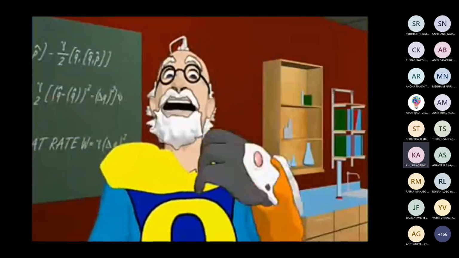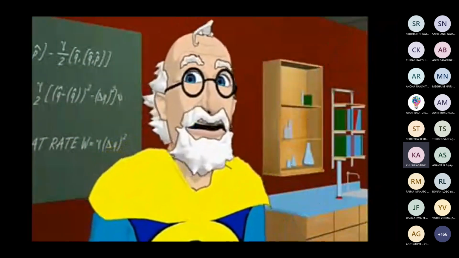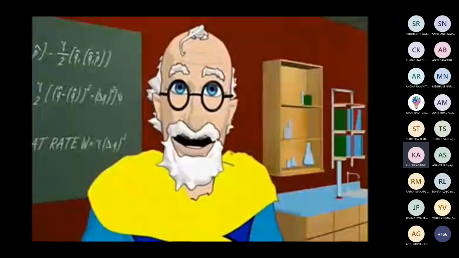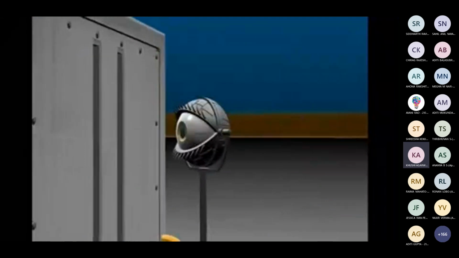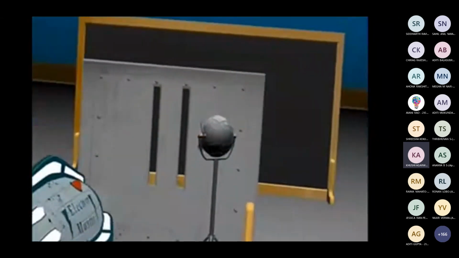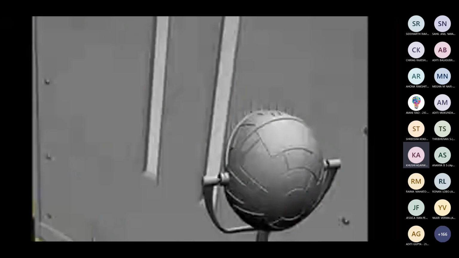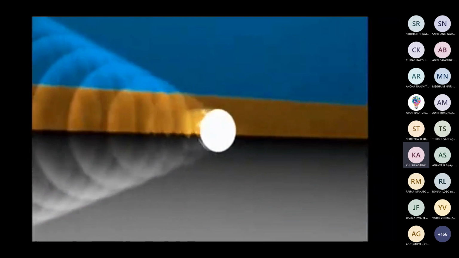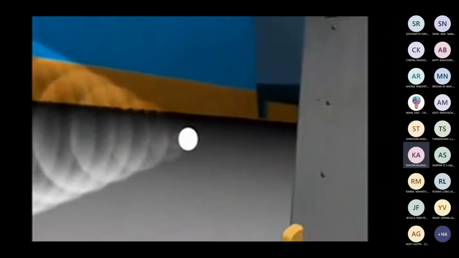But physicists were completely baffled by this. So they decided to peek and see which slit it actually goes through. They put a measuring device by one slit to see which one it went through and let it fly. But the quantum world is far more mysterious than they could have imagined.